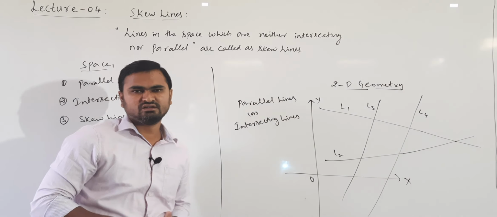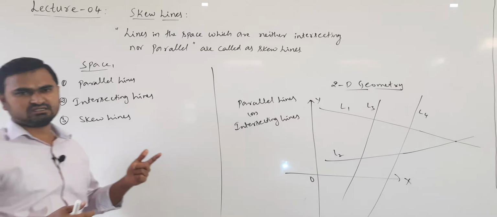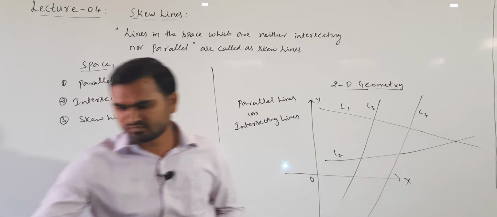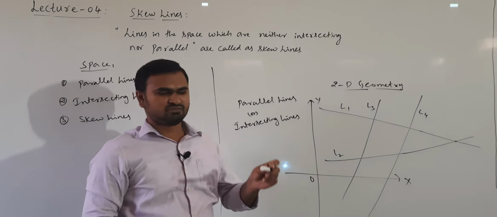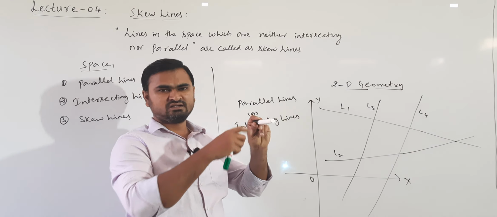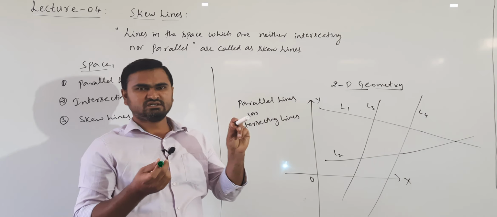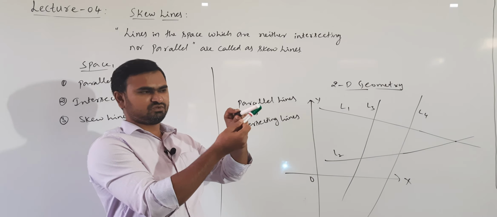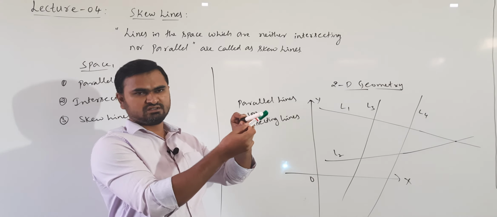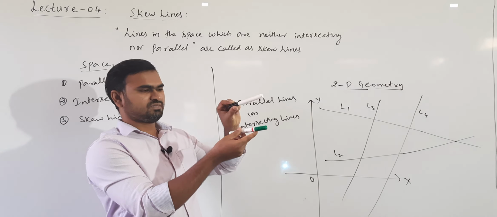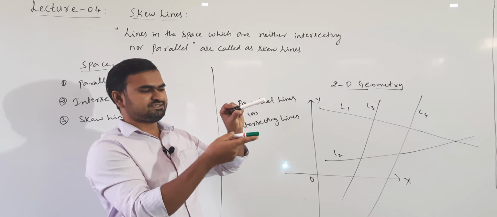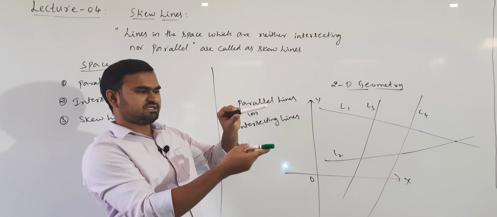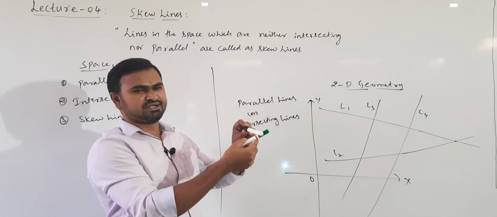Okay, so how do we imagine these lines? Since it is in the space, it is not possible to show on the board. Imagine that there are two lines in the space like this. One line is passing through this marker, another line is passing through this marker. If the lines are like this, they are intersecting. Two lines are intersecting at this point. Suppose the lines are like this, they are parallel. This is one line, this is the second line. So these lines are parallel lines and these lines are intersecting lines.